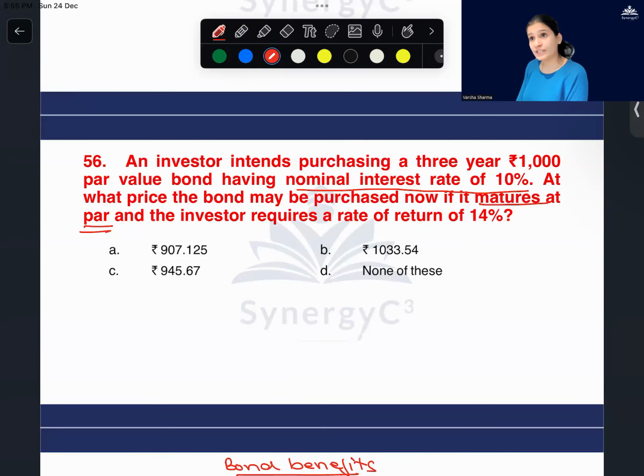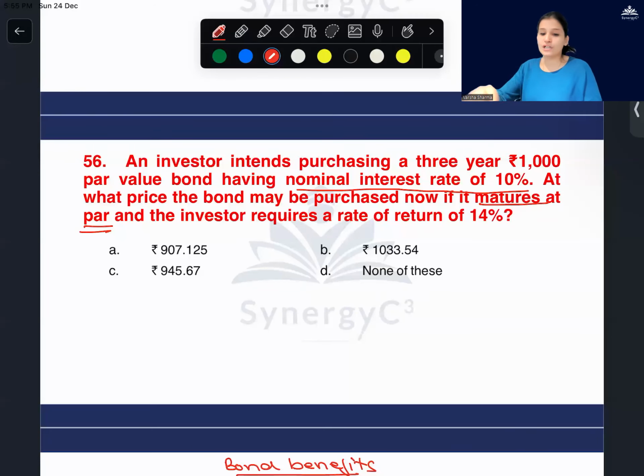What is the rate fixed? 14%. So this 1,000 is after 3 years, at the rate of 14%. I'm going to calculate its present value at the same rate of return, which is 14%. That is my maturity value. And second, on 1,000 I'm getting an interest of 10% every year. So 10% of 1,000 is 100 rupees. I'm getting 100, 100, 100 every year. When I find the present value of those three, I'll add my maturity value. That is my total interest earned.